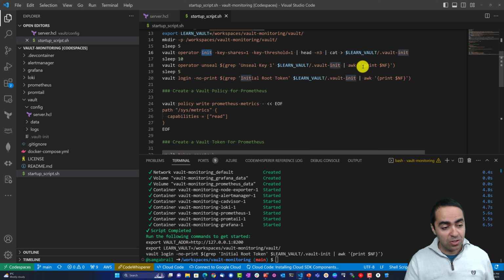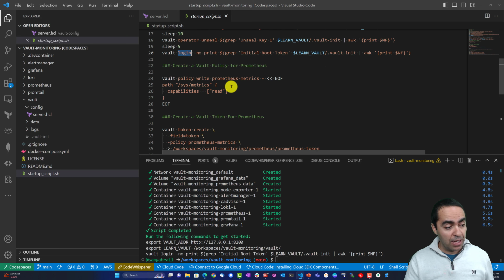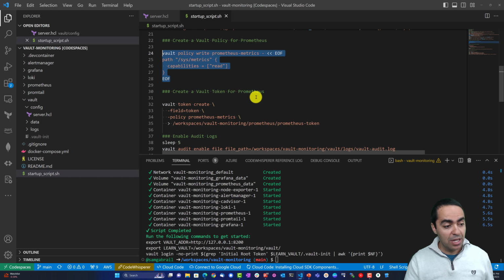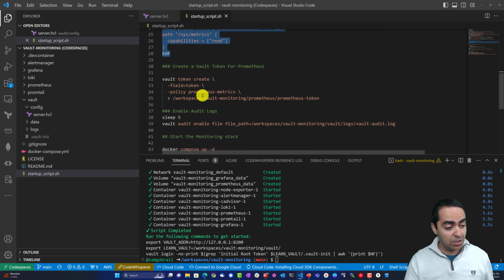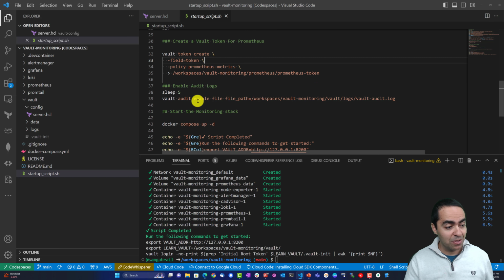and unsealing Vault, and we're going to store these unseal keys, we already stored it actually here. We're retrieving it in this command to unseal Vault, and then we're grabbing the root token here to log into Vault. And from here, we're going to create a policy for Prometheus to be able to access Vault. Capability is read. And then we're going to create a token for Prometheus, again, making it simple for us to get Prometheus to